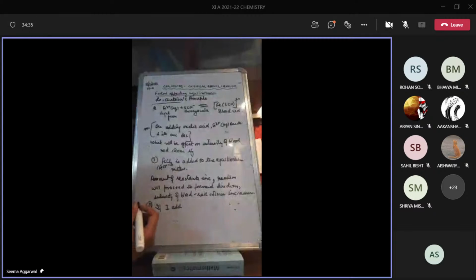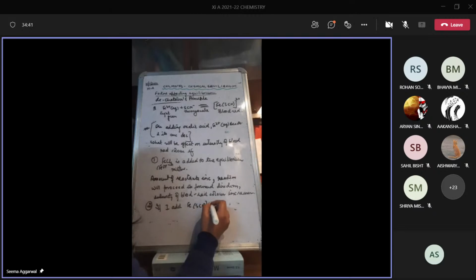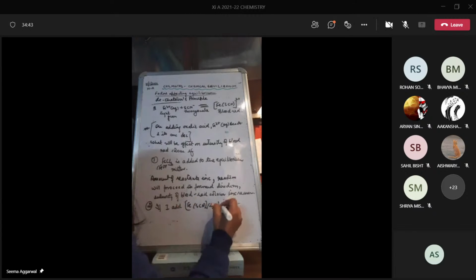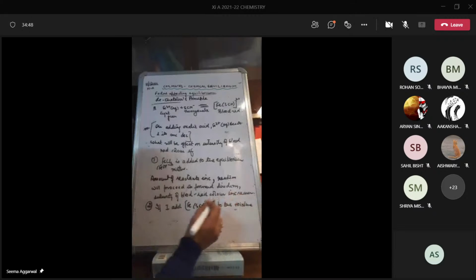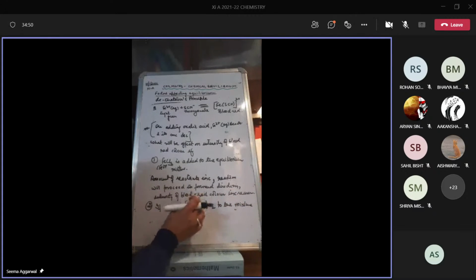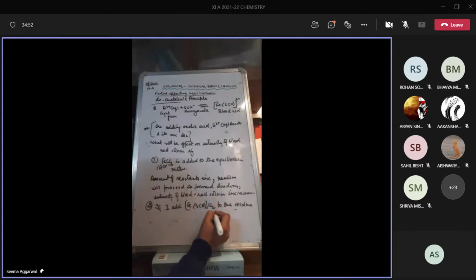If I add FeSCN2+ or Cl2 to the mixture. See, these are the ionic equations. यहाँ पे FeSCN 2 plus और यहाँ पर हो गया 2 plus. So if I am adding FeSCN Cl2 to the mixture, or if I am adding products to the mixture, then